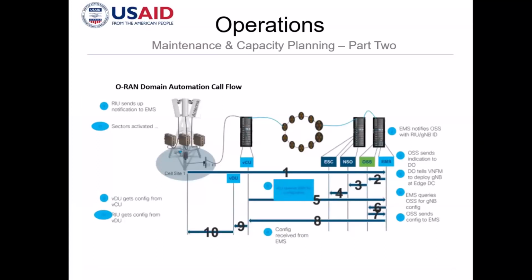So now we go to the maintenance and capacity planning stage of our webinar. So it's now operations, right? As you can see, again, I've shown a complex automation call flow of an ORAN environment. So it's really difficult to monitor each and every equipment, right? So in the course of part 2 of the webinar,